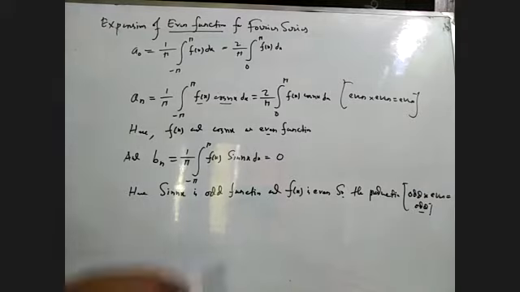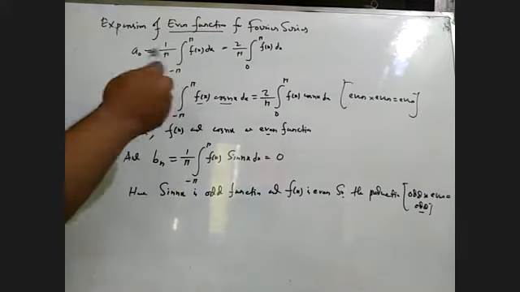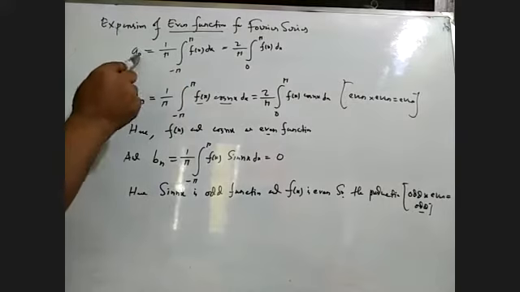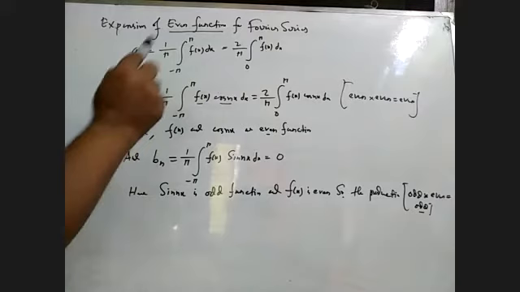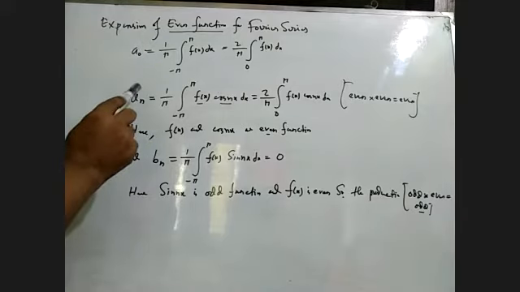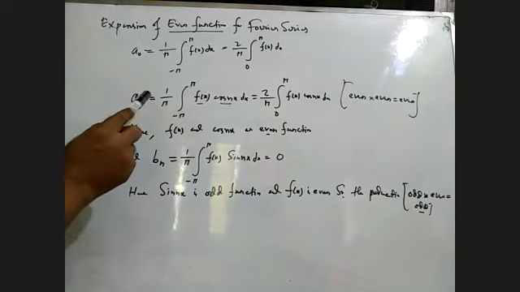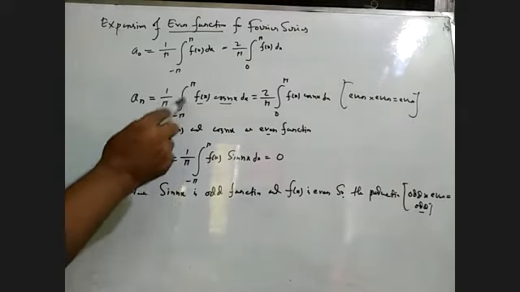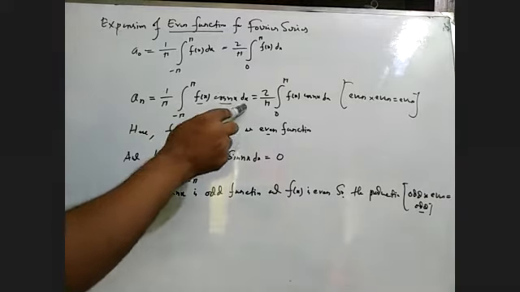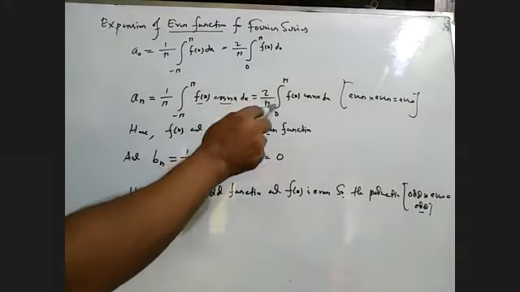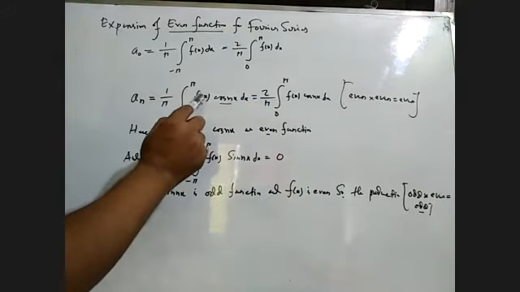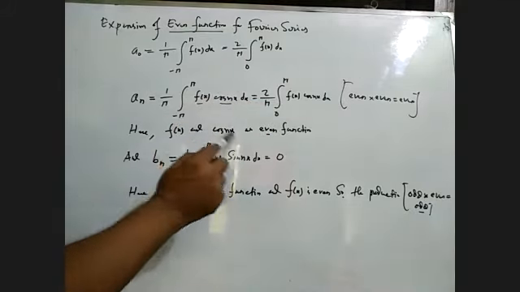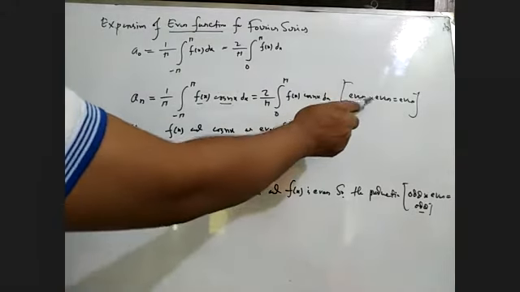So for the expansion of an even function in a Fourier series, the cos coefficient for n equals 0 will be what? For n not equal to 0, it is 2 times, because f of x is an even function. The cos coefficient for other values of n will be 1 by pi, integral from minus pi to plus pi of f of x cos nx dx, which is 2 by pi, integral from 0 to pi, because this is a symmetric curve. This is an even function and cos is also an even function, both are even.